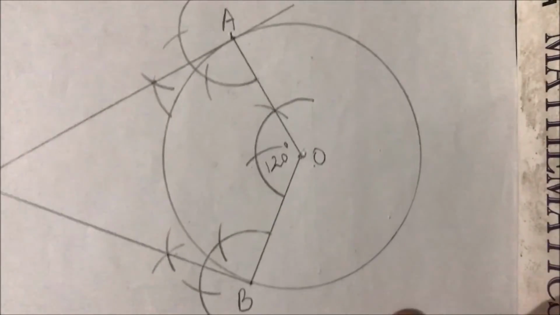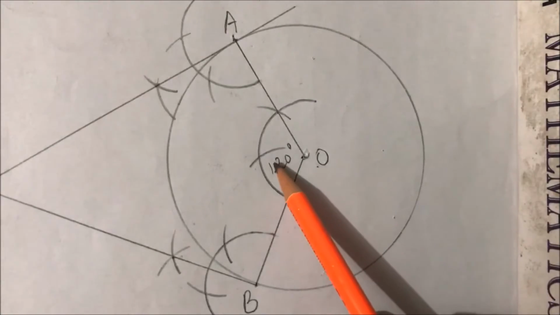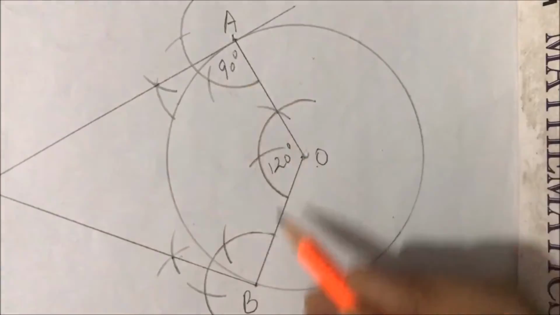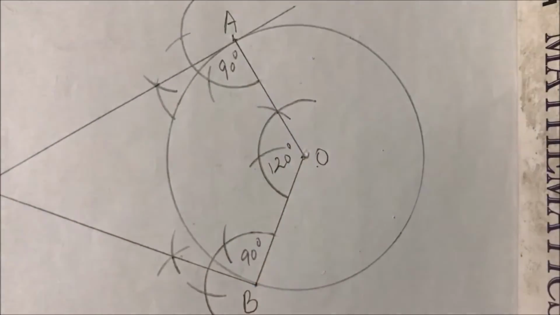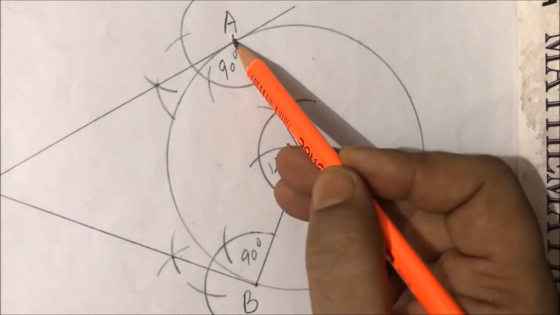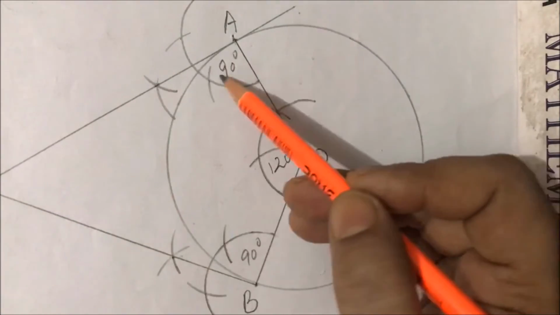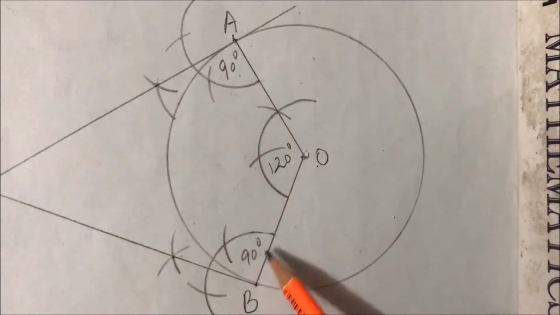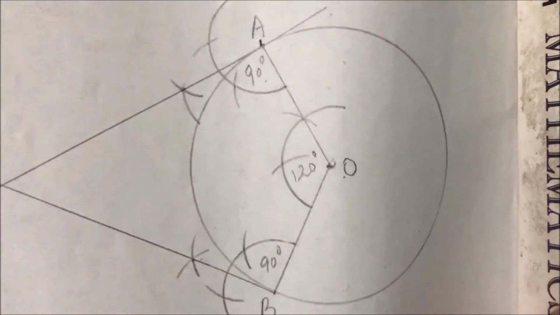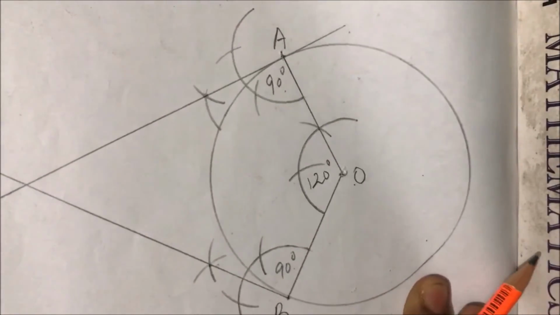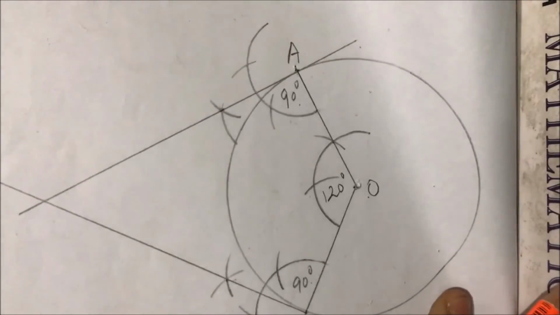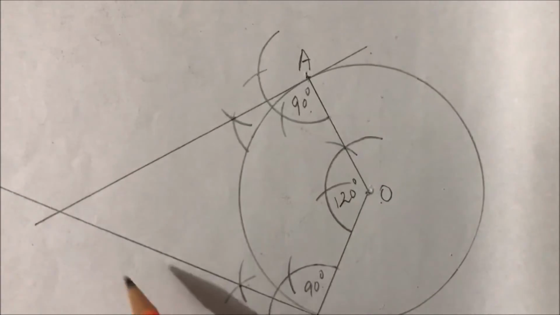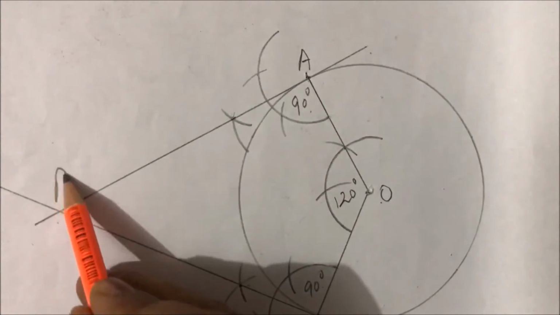Now see, this central angle 120 degree, this is 90 degree and this is 90, because radius and tangent relation between them is right angle. Similar here. And when we proceed these lines, this 90 degree, okay, then they meet somewhere else. Say they meet at, suppose they meet at a point, name it as P.